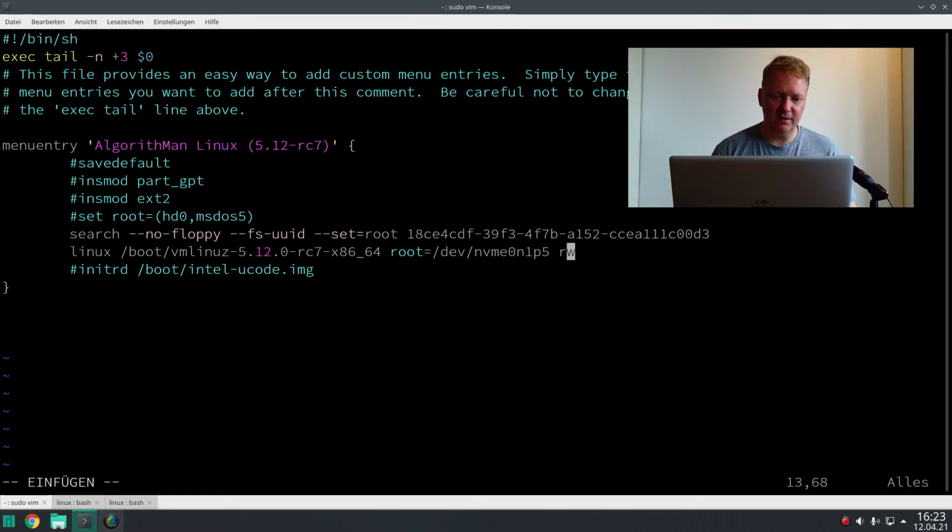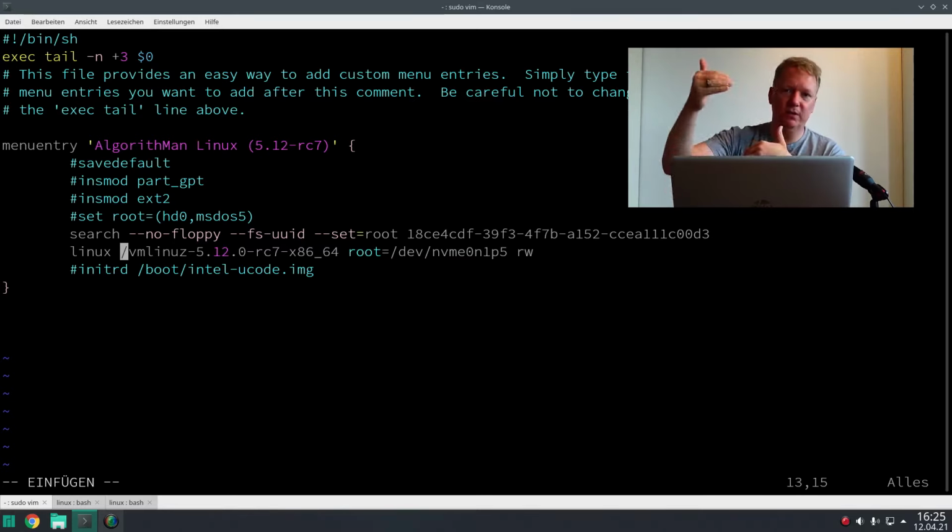This here means read-write, so that you can write to the hard drive afterwards. If you have a dedicated boot partition, then you might not have to look in the subdirectory boot, because if that is mounted, if that drive is just mounted at /boot, then the kernel would be in the root directory of that partition, right? So